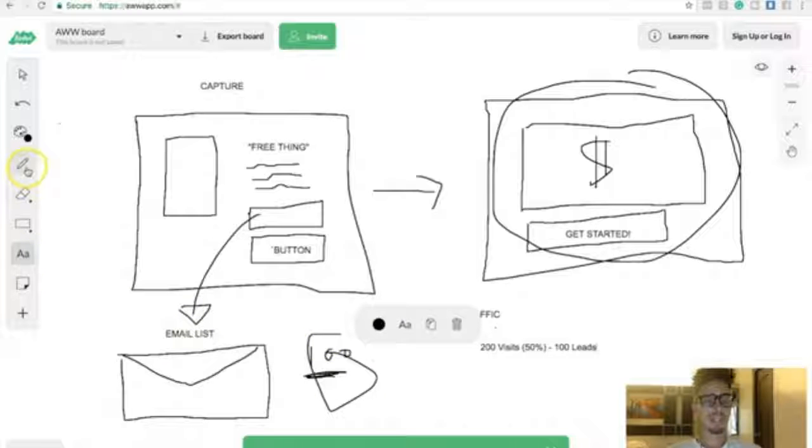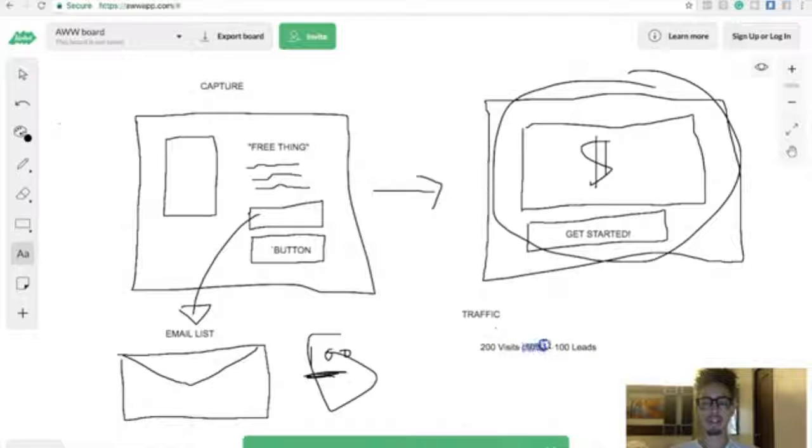Now, here's the thing, guys. When it comes to free traffic methods, if you're doing like Facebook or you're doing like Instagram, unless you have a ridiculous following, and I mean like in the hundreds of thousands, it's not going to be possible to crack these type of numbers organically, right? So you have two options. Build a niche-based account on something like Instagram or Pinterest, just building a big following, right? And build a following so big, or even YouTube content marketing, to where you're literally generating 200 visits per day,